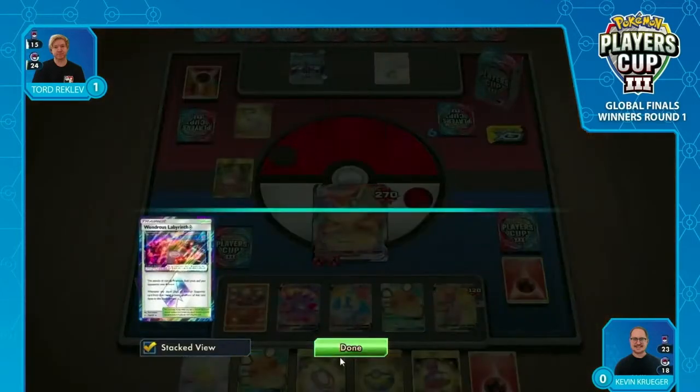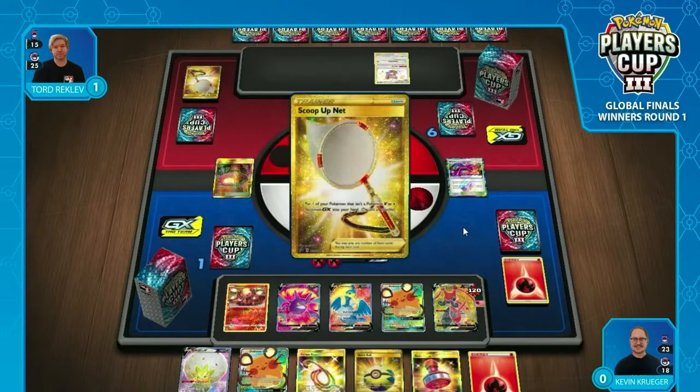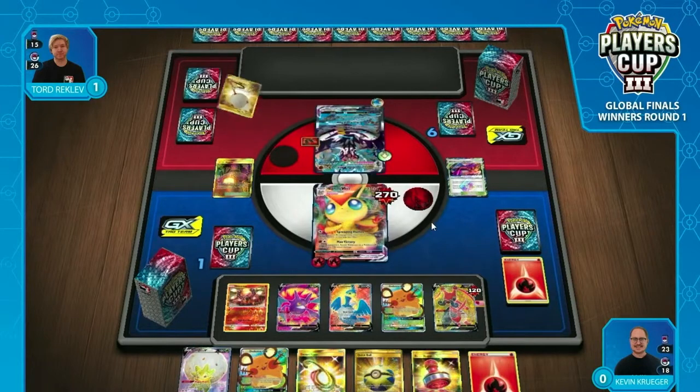He could still Air Balloon into a Cinccino and try again with more Scoop Up Nets, but not there for him. Tord's forced to just take the 5 prize KO. I say just. It's still a fantastic turn, but it is vulnerable. Tord is playing around Cramorant now. Love it. Absolutely love it. Because he needed a Mew. If he didn't have the Mew, then...